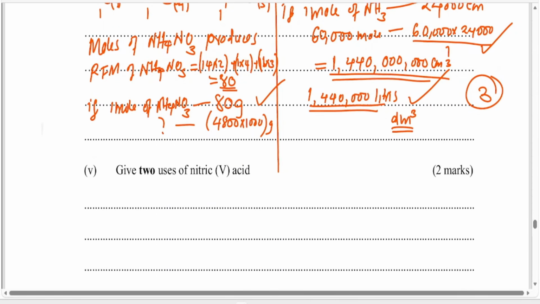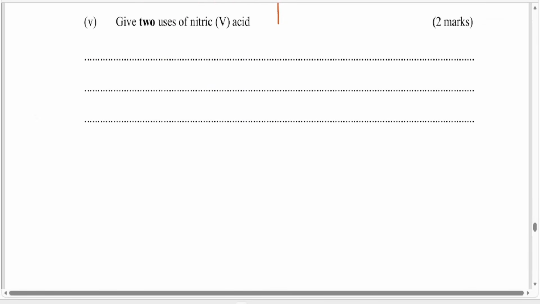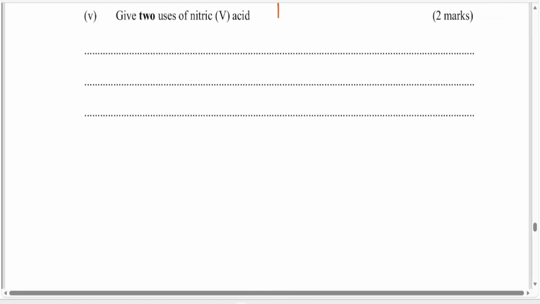Moving to the next question, Roman 5. Give 2 uses of nitric 5 acid. Where can we use nitric 5 acid? Nitric 5 acid is used in making nitrogenous fertilizers. Used in manufacture or making nitrogenous fertilizers. Nitric 5 acid can also be used to manufacture